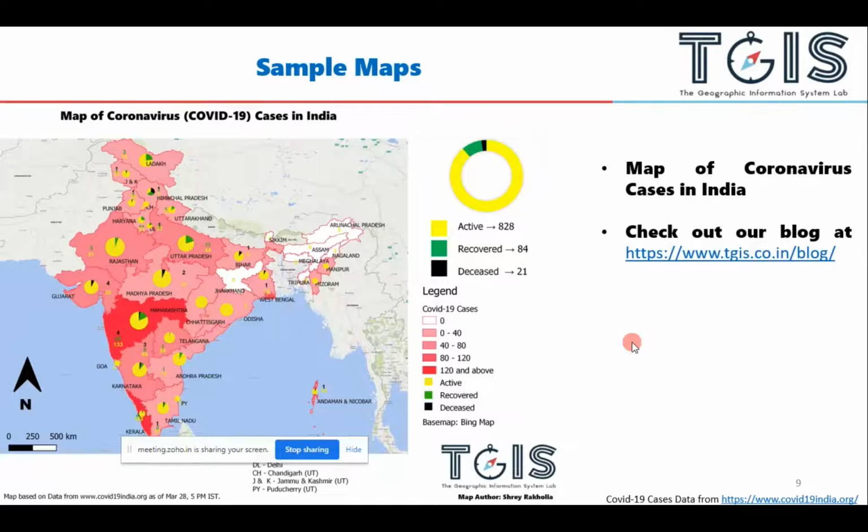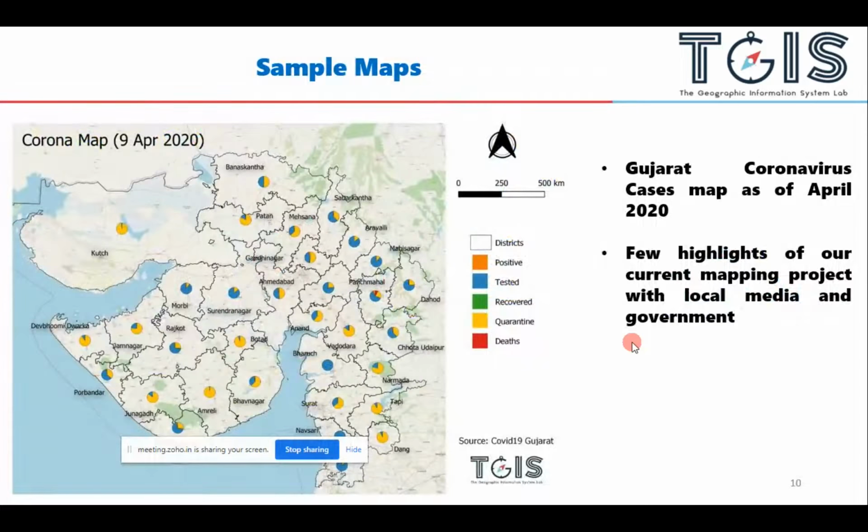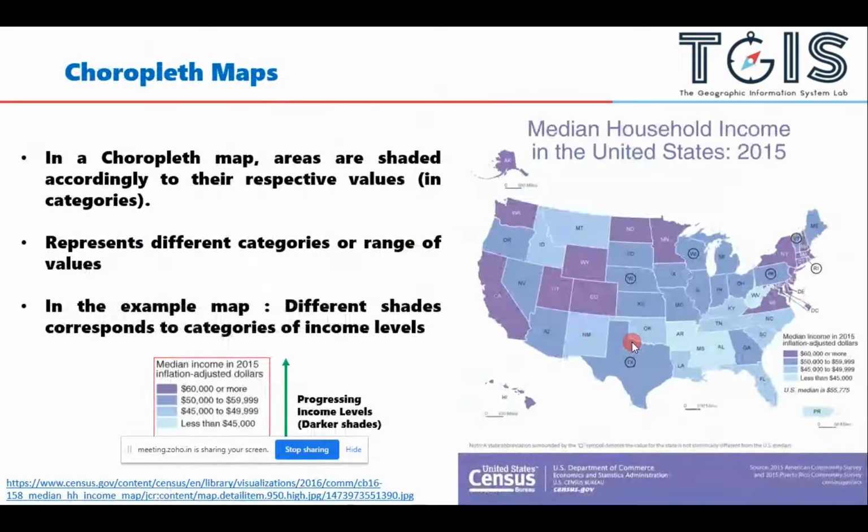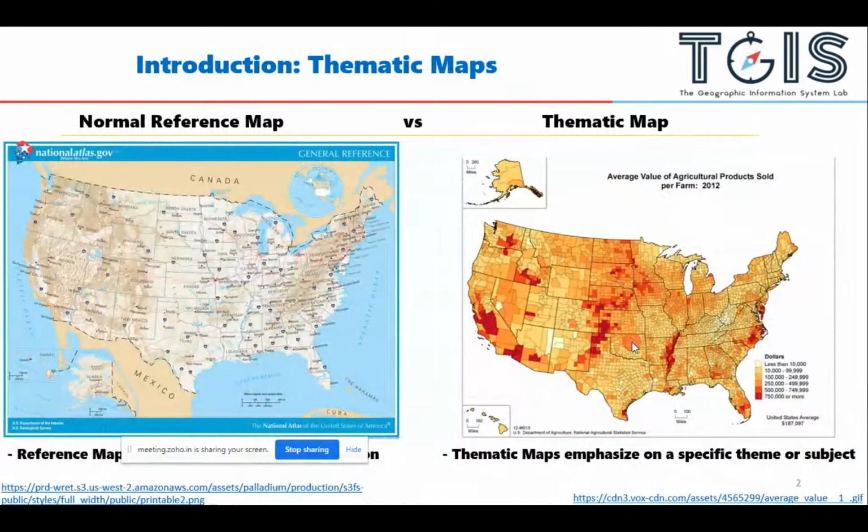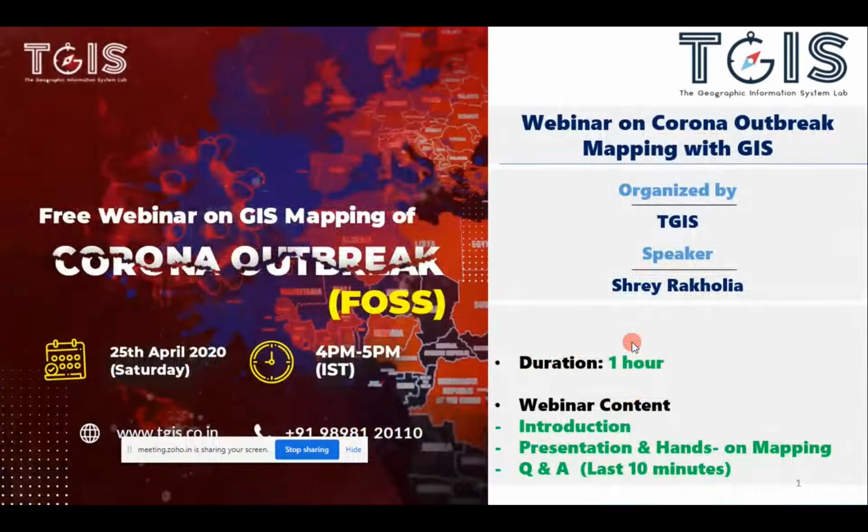As far as this webinar is concerned, I think what you have learned from this webinar is how to represent statistical data in the form of some very intuitive maps. And you can always join our webinars on this. And we also provide some